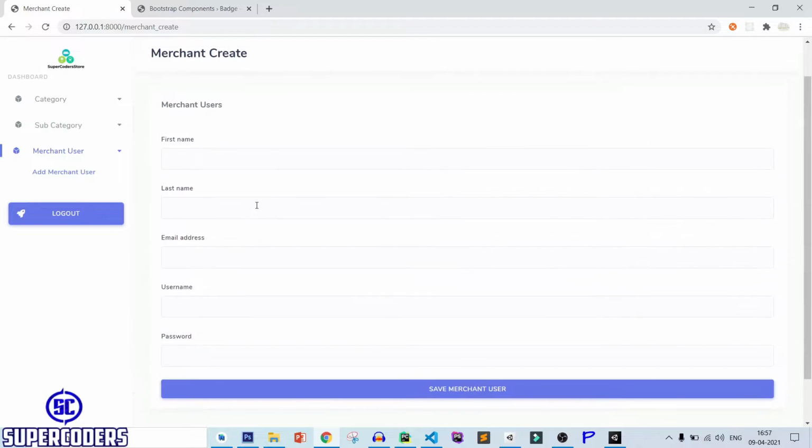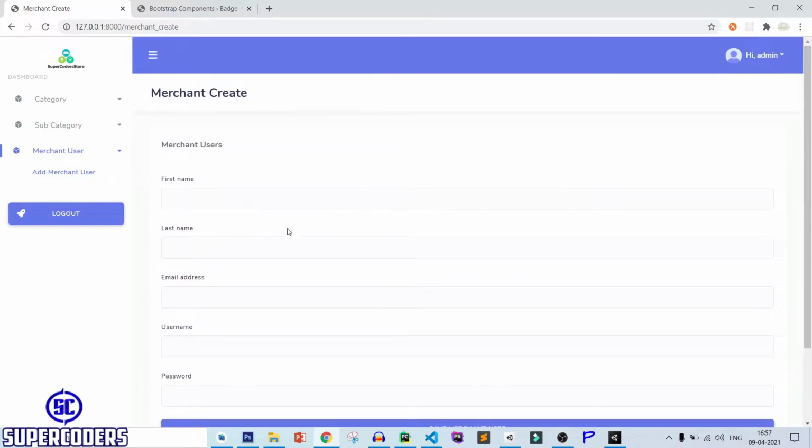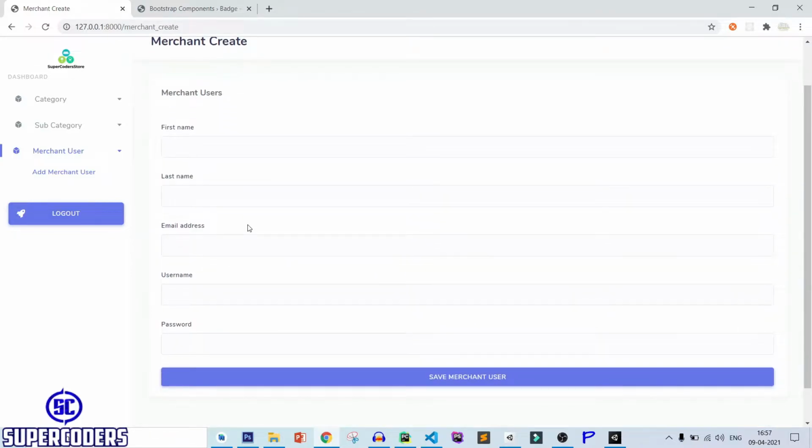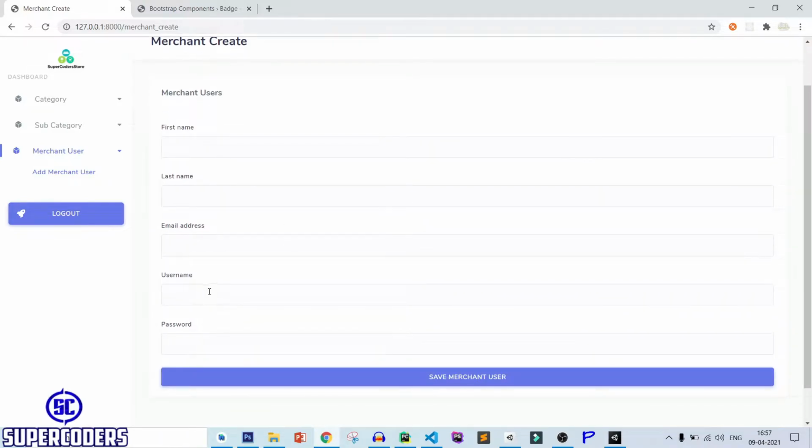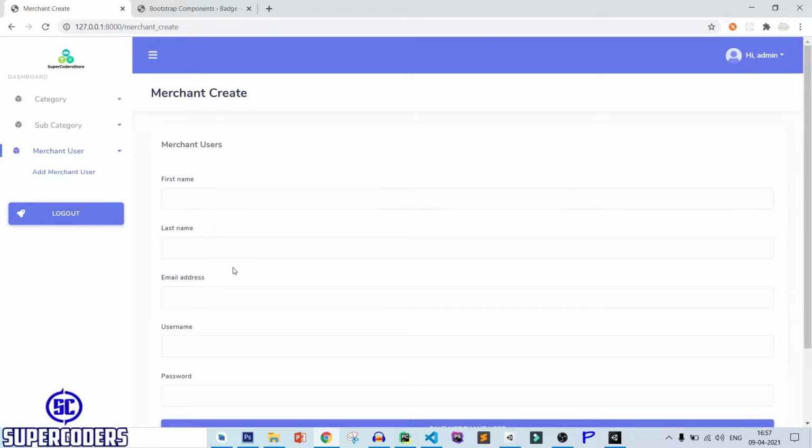So how can you work with other models? Here you can see it works as a single model, but we want to use double model data here. So we can save two models' data from one create view. So let's see how you can do this. First is default from the CustomUser object. Now after that we need to add fields for our merchant user.